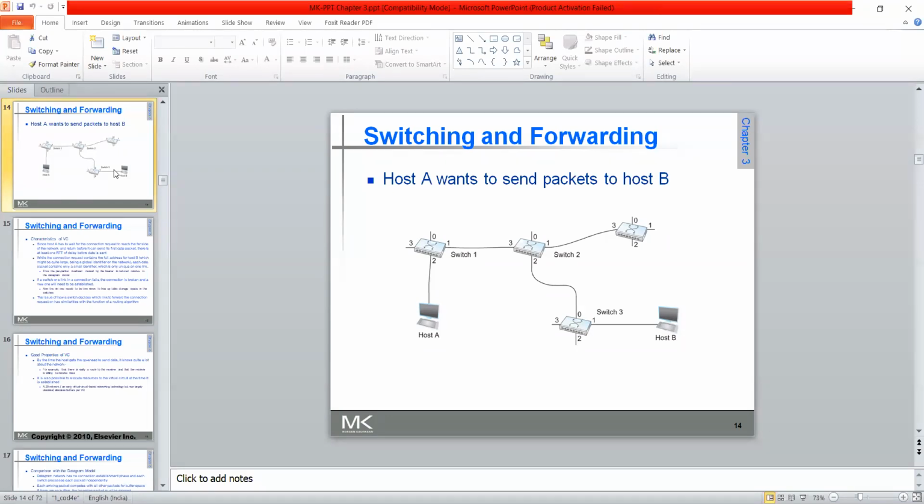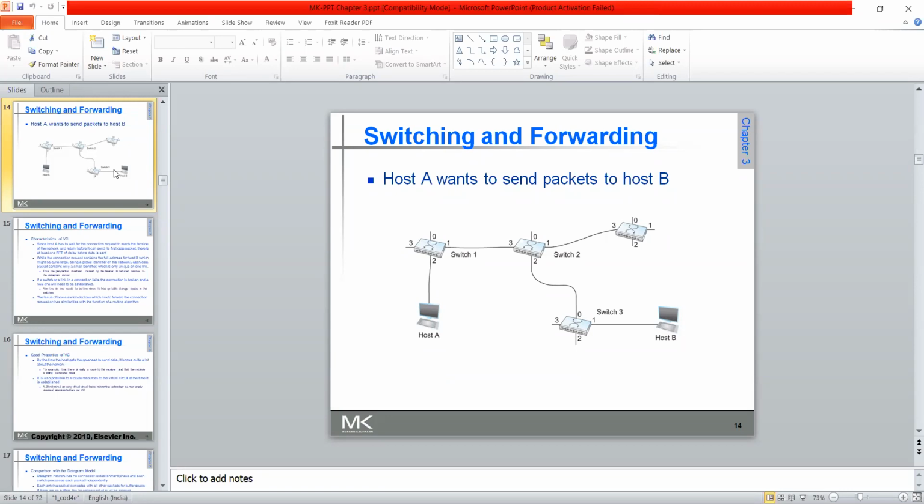Next, switch 1 confirms that switch 2 knows host B, then automatically in its VC table it updates that the input port is 2 and the output port is 1. Then that information will be sent to host A. In this way the connection will be established. Now host A will come to know that it has to send packets to switch 1, where the packets will go out from output 1.